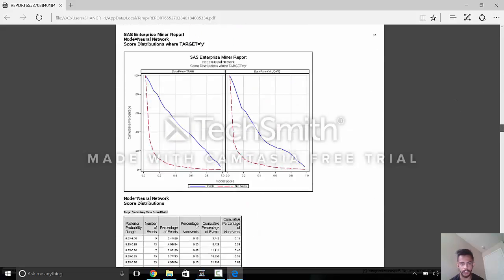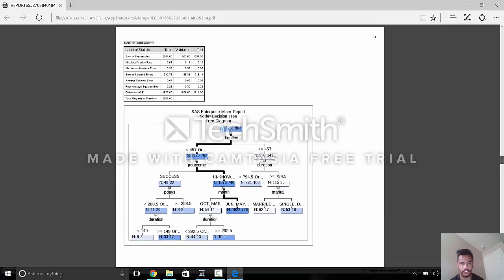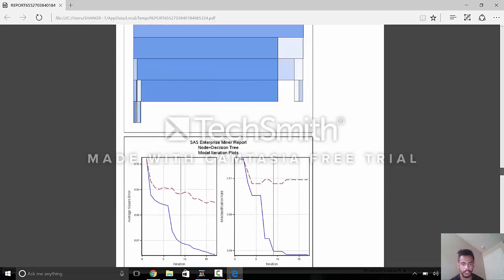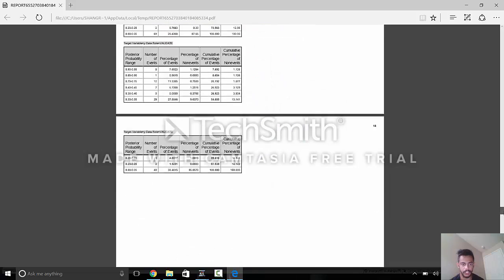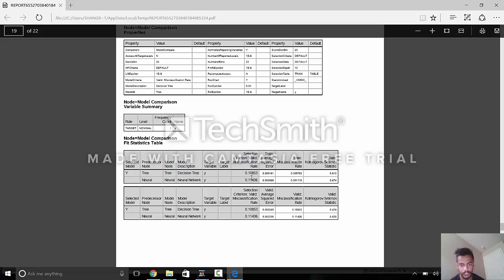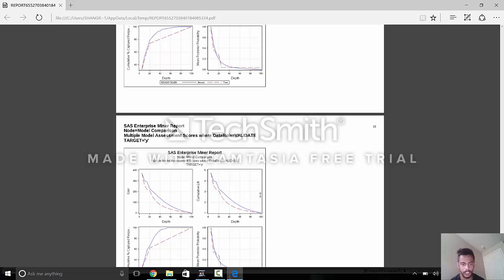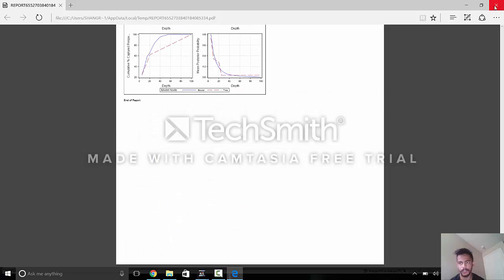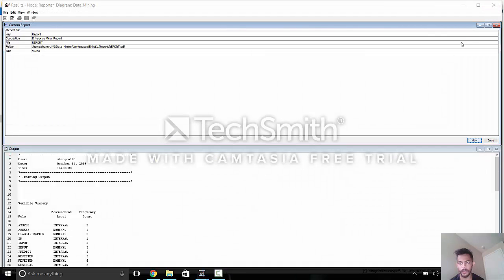See all the lift curves and cumulative lifts found here. Then this is the decision tree that we discussed. Then there are the neural network statistics here, and below there is the model comparison that we discussed, that the tree is better, and it is better because the selection criteria was misclassification rate, and every detail is provided here, as you can see. So this is a brilliant feature that is being provided